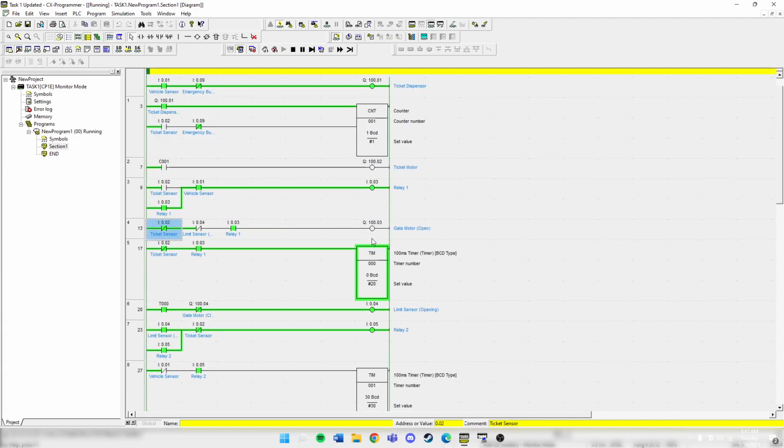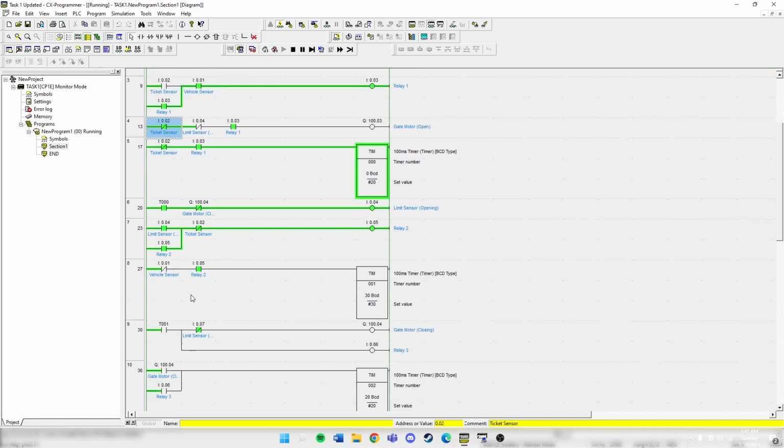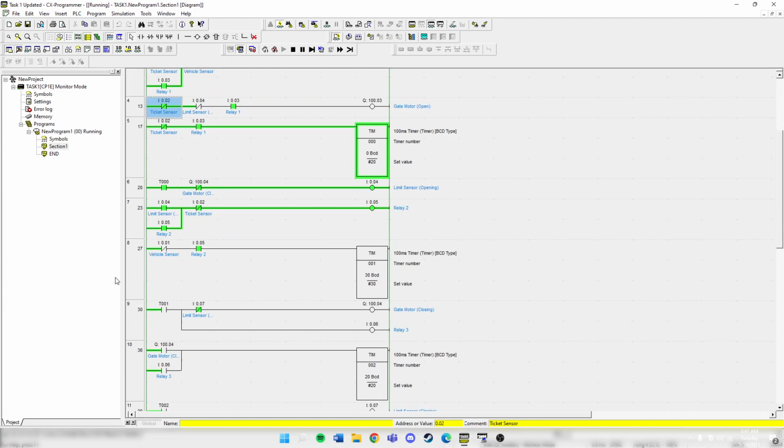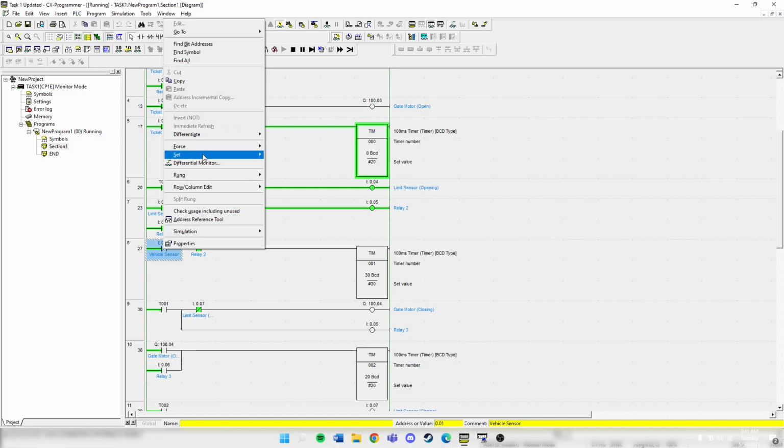Okay, so next you can see here, I'll continue to explain further. After everything is done for the ticket sensor, when it is off, which means the driver already took it, I would show the rungs 8. It now depends on the vehicle sensor. If the vehicle sensor did not sense any car, which means that the car already went through the gate, okay, so if I put it to off,